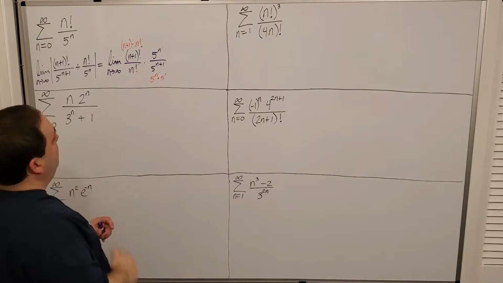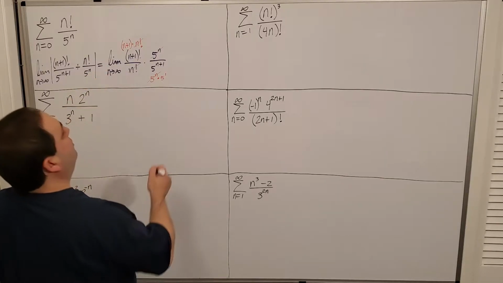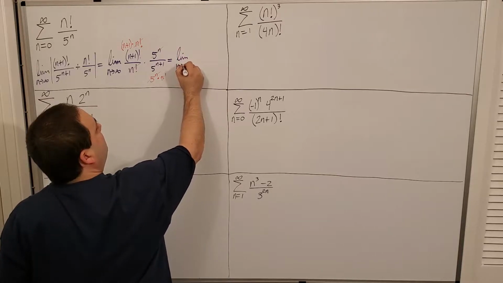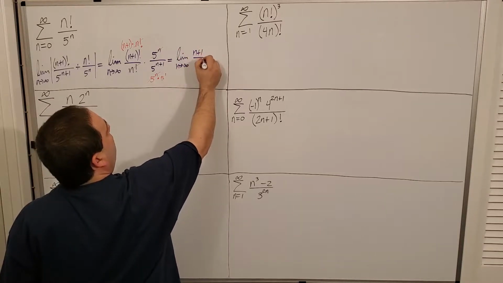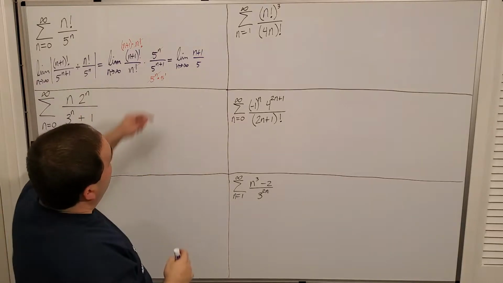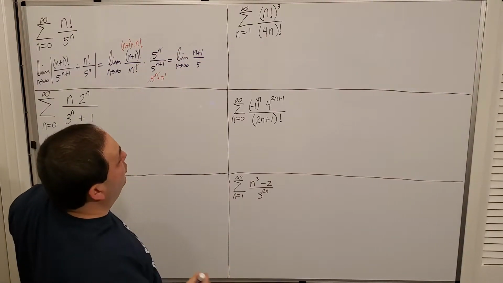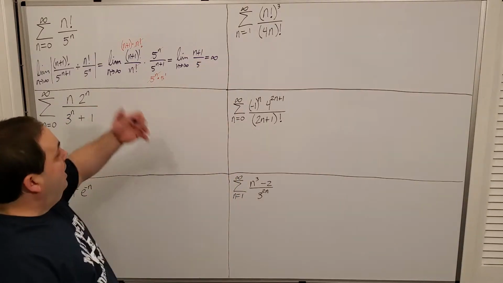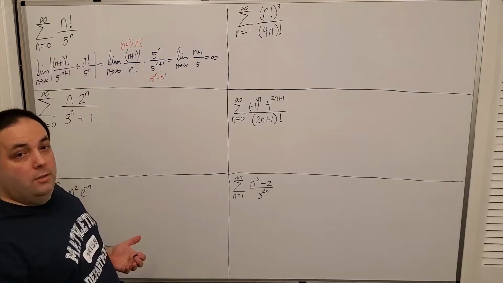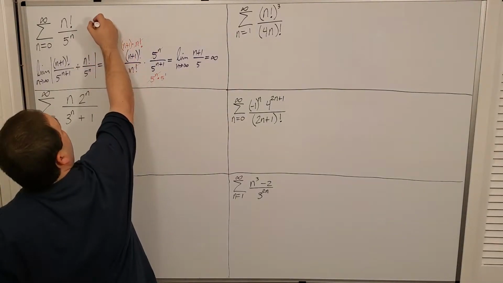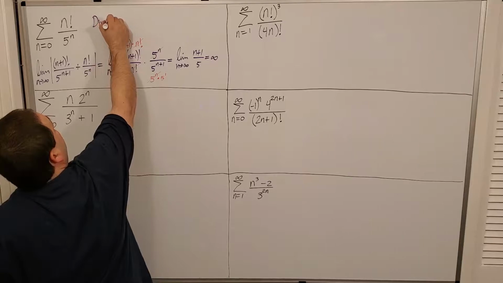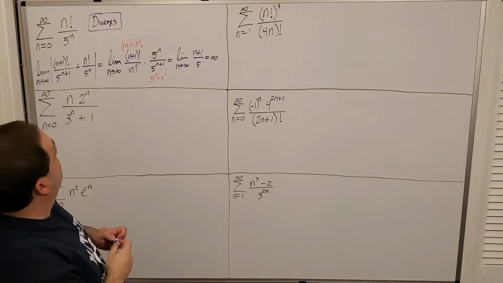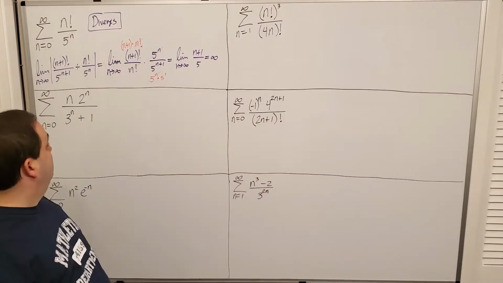And what that's going to leave me with is the limit as n goes to infinity of n plus 1 over 5. And since there's an n in the numerator and none in the denominator, this is going to go to infinity. Infinity is greater than 1, therefore you can say that this diverges by ratio test. All right, next,